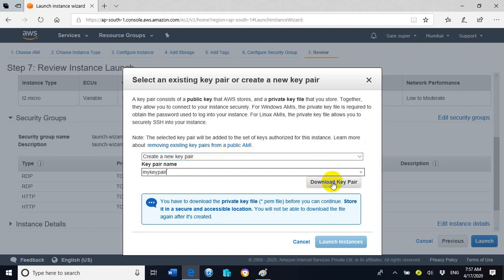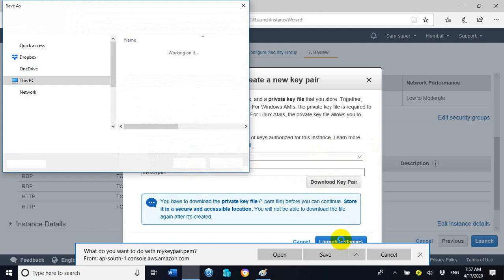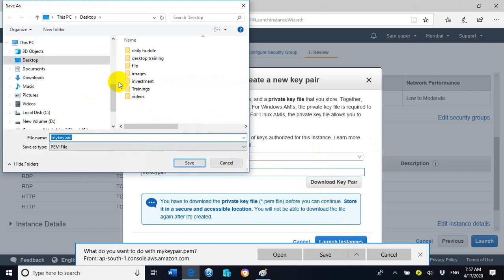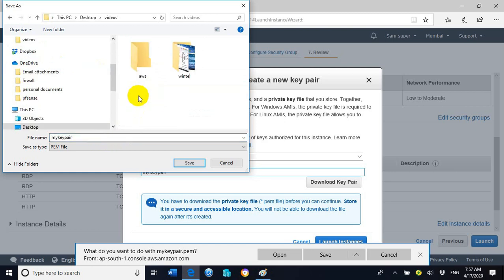Now click on download key pair, click on save as, and save the key pair at the location where you want to save. I will save the key pair at one of my locations, and the key pair extension will be .pem. Now click on save.